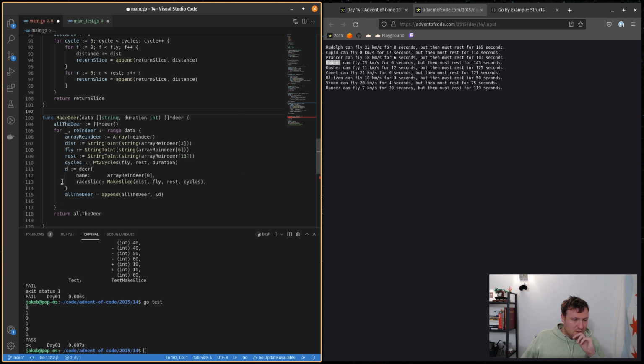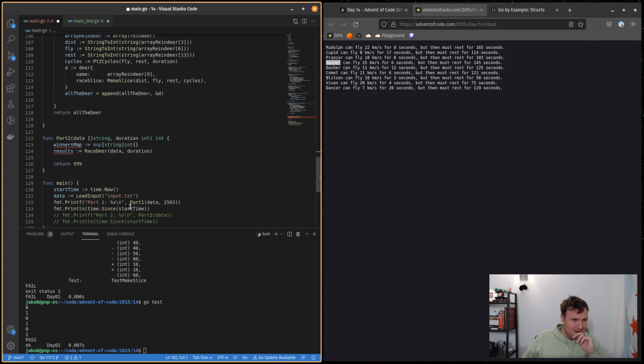All right, so now it's returning the pointer to where the stuff is saved. So now I have all of those deer with their names and that slice. All right. So now what I want to do is